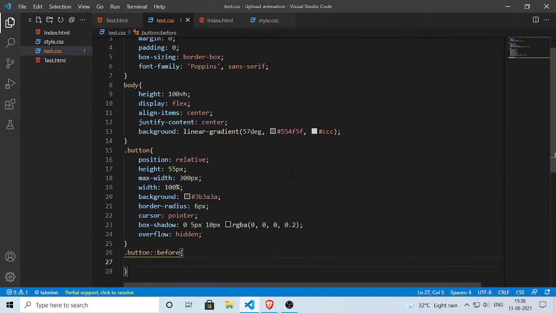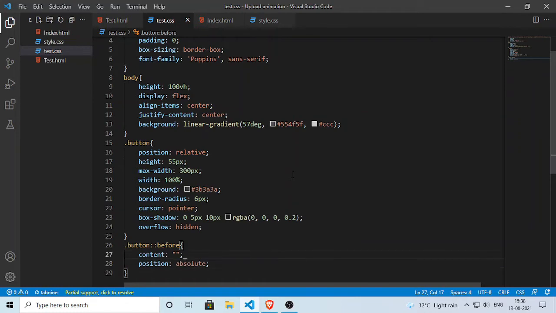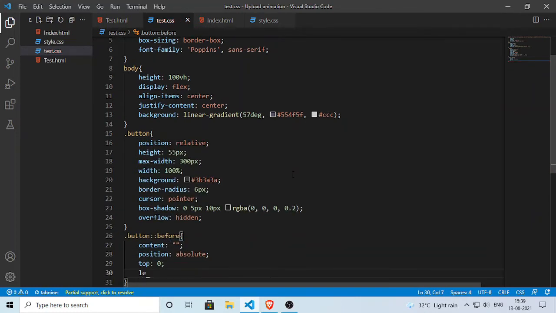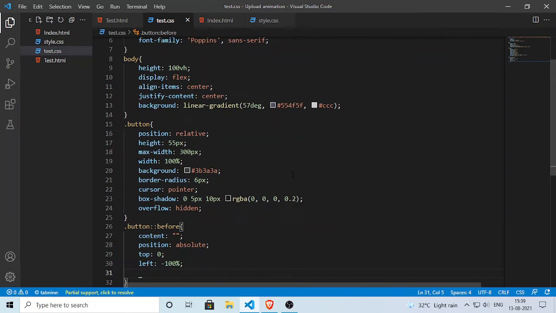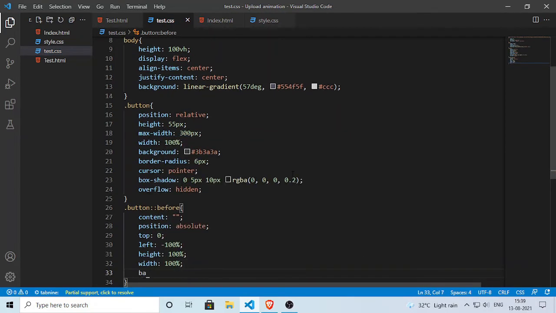So first we will define button::before, and then content will be an empty string. After that the position will be absolute, then the top will be 0, left will be -200%, and height will be 100%, width will also be 100%.